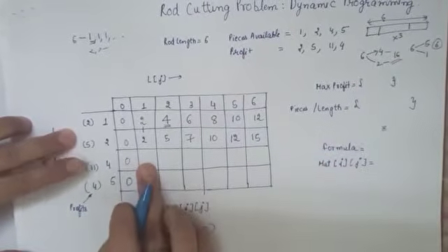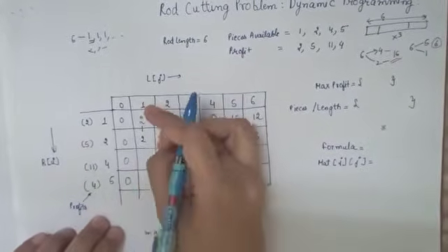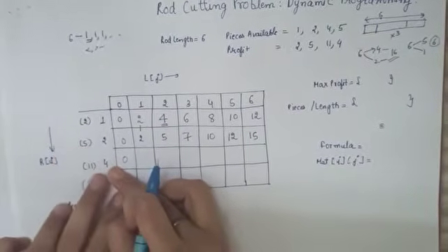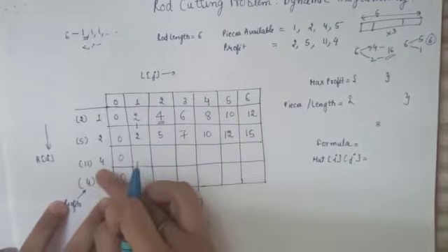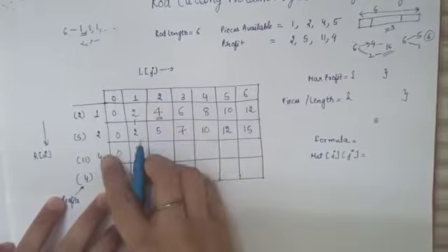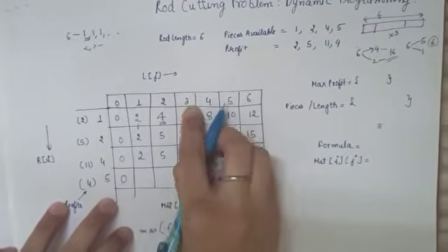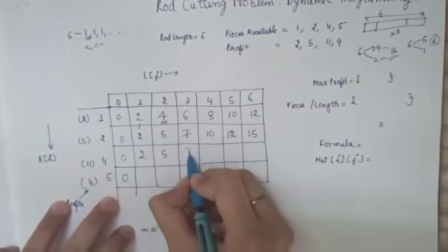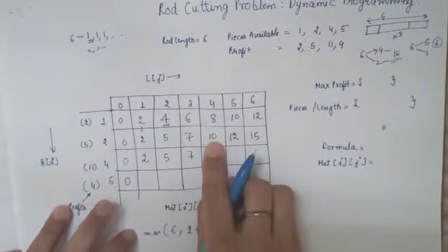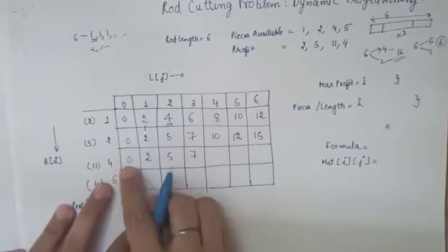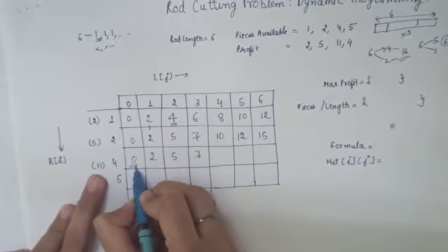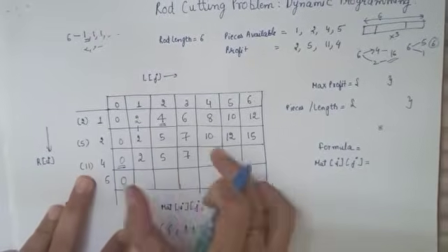Okay, now come over here. Rod of length 1, and you have pieces of length 4, 1 and 2. So can you divide a rod of length 1 into a piece of length 4? No, just take the value from above. Since this is less than this, you just have to copy the value from above. Less than this, copy the value from above. Is 4 less than 4? No. What you have to do is either take 10 or 4 minus 4 is 0. So come at 0. Same row you have to consider. 0 plus 11 is 11. So maximum of 10 and 11 is 11.